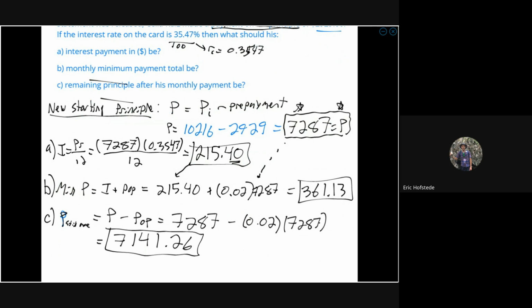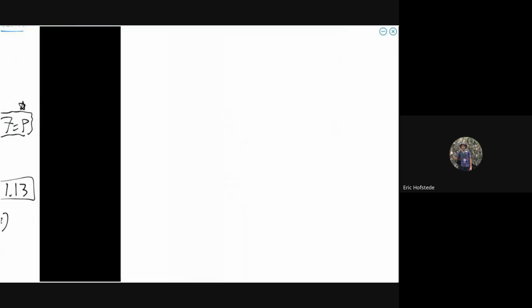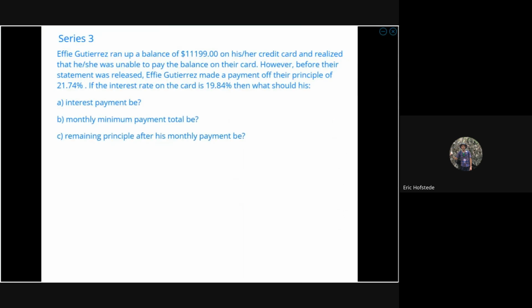On to the third. I'll go through this one a little bit quicker. It's exactly the same. The only difference is in this first step, calculating the prepayment. Once you've got that under wraps, though, the rest of the question is pretty much copy and paste. So once again, we have a full balance. That is my starting principal. I'll call that PI because I am, once again,